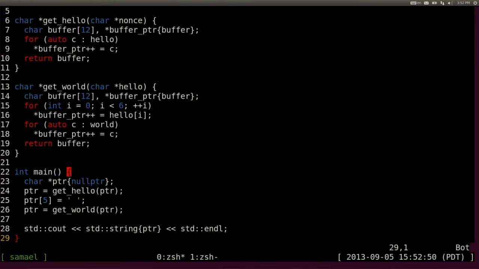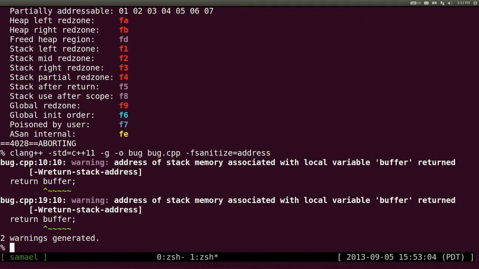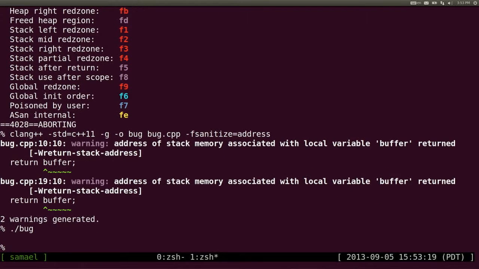I wanted to save you guys the typing. So now I've changed my code a little bit here. Now I'm returning buffers for hello and returning buffers for world. And you can pretty quickly tell that I've got a bug here, right? This is bad code. And fortunately, the compiler won't even compile this cleanly. It's going to tell you that you've got a bug here right away, because we can do that. But you can imagine that this code might be complex. It might be really subtle in some way that actually defeats this warning and prevents you from doing what you wanted to do here. But even if it did, when you run address sanitizer, it's not going to